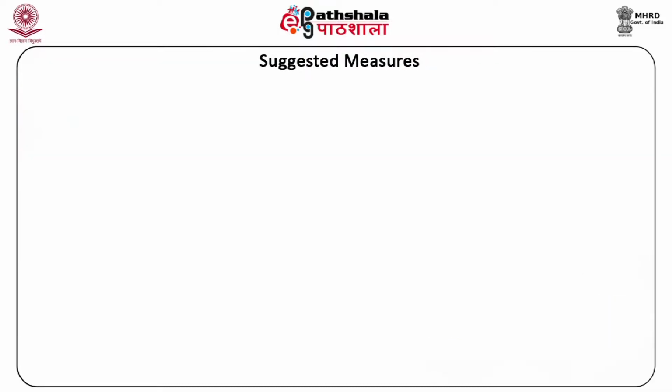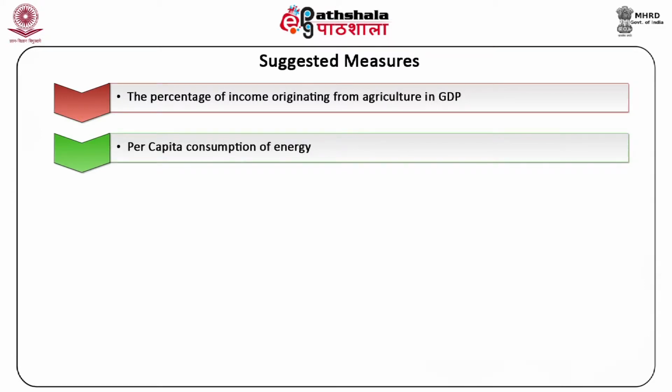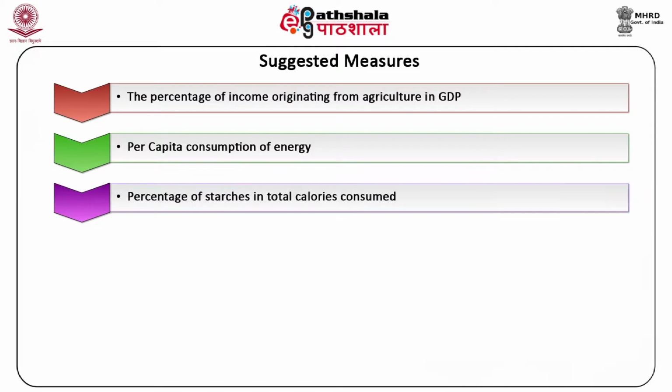Few suggested measures of economic development are the percentage of income originating from agriculture and GDP. The higher the income originating from agriculture, the less developed is the economy of a country. Per capita consumption of energy. The higher the per capita consumption of energy, the more developed is the industry and economy of the country. Percentage of starches in total calories consumed. If there is a high percentage of starches consumed in total calories consumed by the people, the economy will be